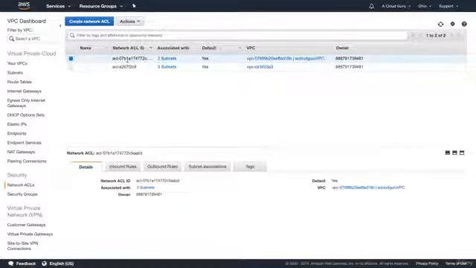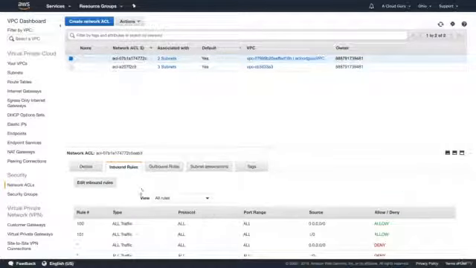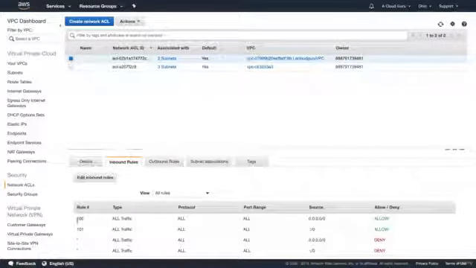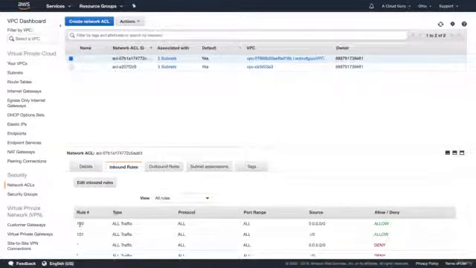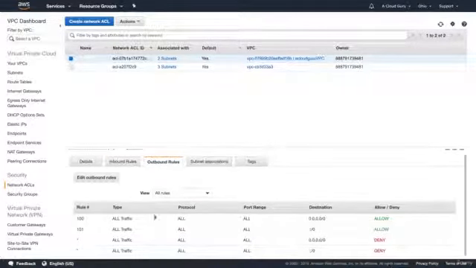So to view our default NACL, just click on it and you'll be able to see inbound rules, and you'll see here we've got rule numbers. Now rule number 100 is for IPv4, because you can see the source in here, and rule 101 is for IPv6, and Amazon always recommend that you use increments of 100. So if you were to add another rule, you would add for IPv4 a rule number 200, or for IPv6 you'd add rule number 201. If you do want to make it so you can see it a bit better, just click on this icon in here. Our outbound rules has similar things, so rule 100, rule 101, these are our allow rules,